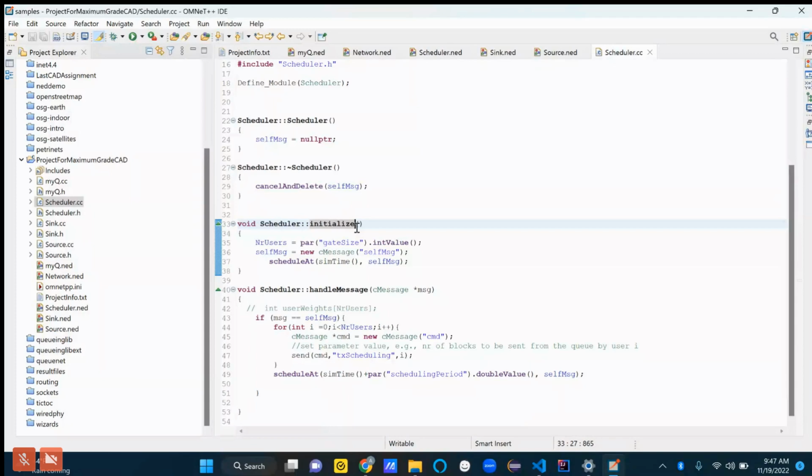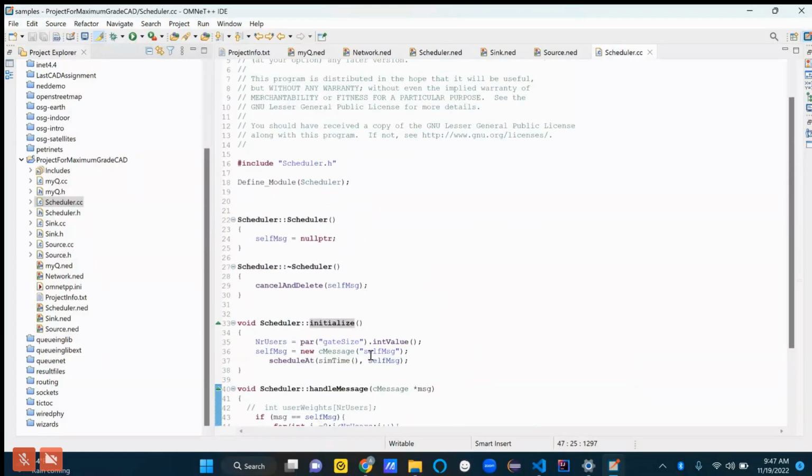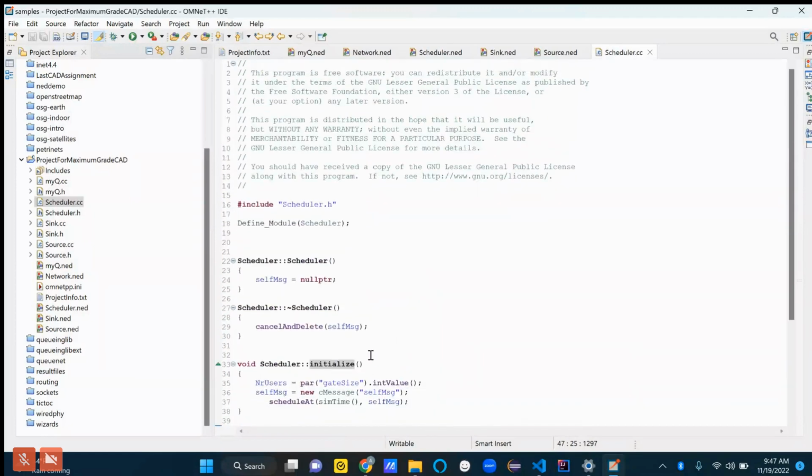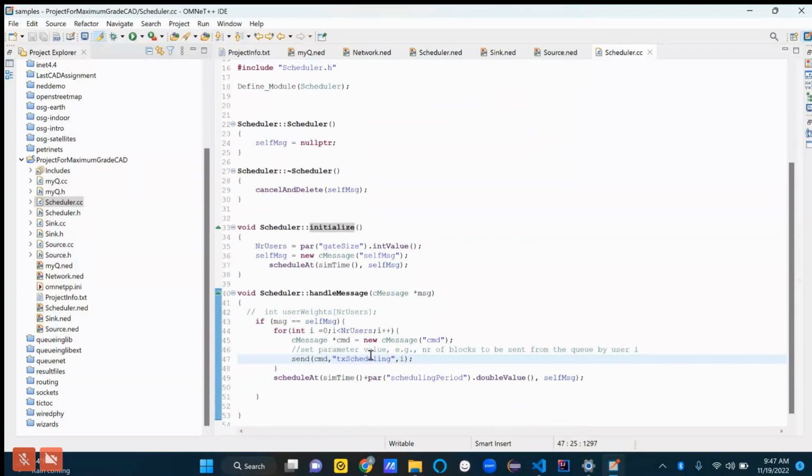How many do we have of, you what? Because you cut out for a few seconds. Yeah, the txScheduling gate in the scheduler. Yeah, how many? So that's like we're calling it by one name, but really it's an array of gates. So how many elements are in that array is the question, and then why?